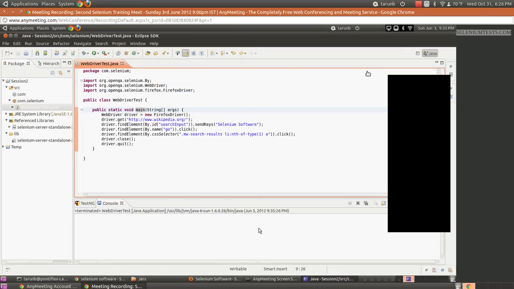Okay. So Mohit, the close method is used to close the browser. After having used the close method, if you are not going to execute any more driver.get, then you can quit the driver as well. If you just use the close, it doesn't mean that your driver instance is lost. So if you are done with your test, you should as well quit the driver instance. Okay? Is that clear, Mohit?